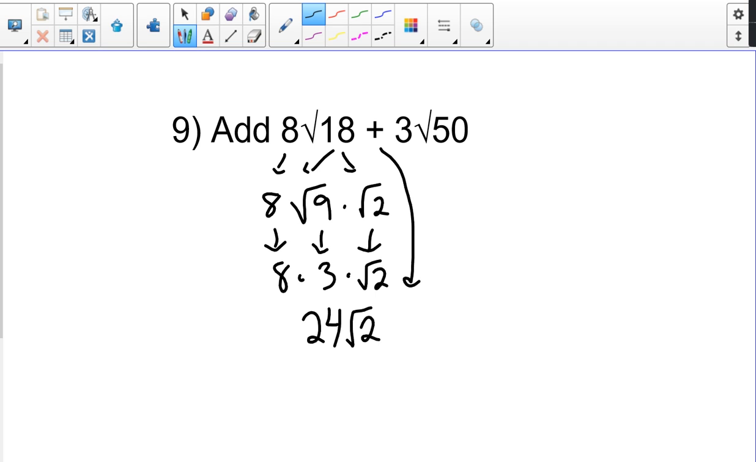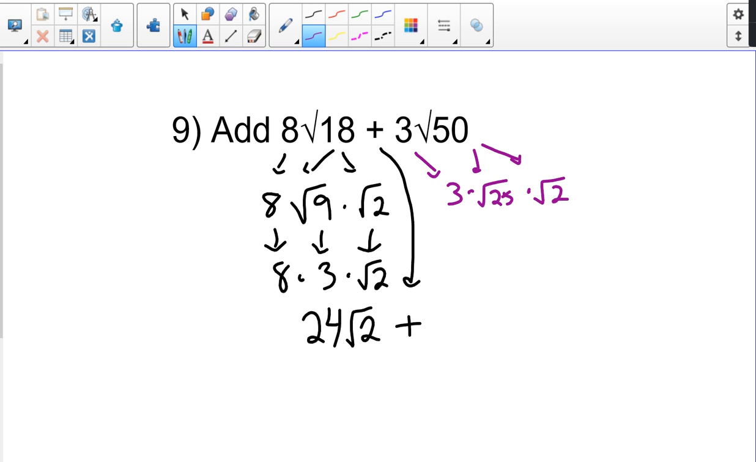I'm going to bring that plus sign down right away so that I don't forget at the end that I am adding these two. And now I'm going to look at the second term, 3 square root of 50, and go ahead and simplify that. So again, I'll bring down that 3, and I'll look for factors of 50 that have a perfect square. That would be 25